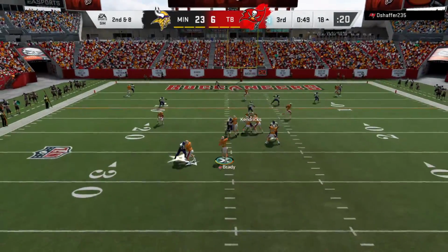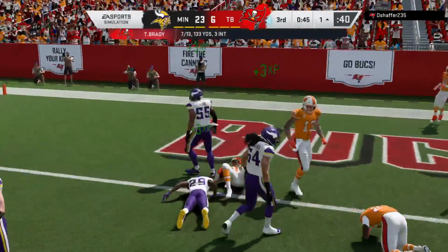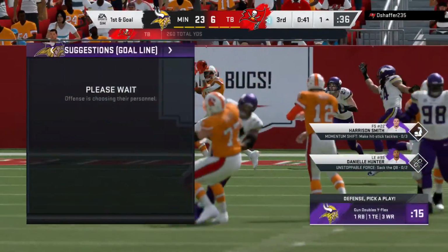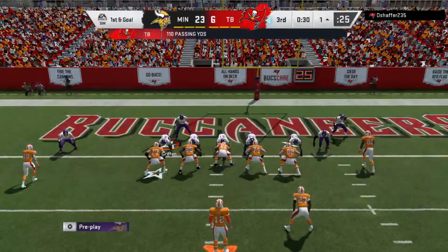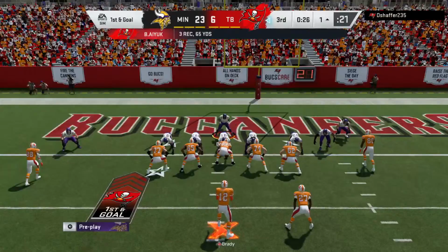Throwing on 2nd and 8. Brady. And it's caught. And he's brought down. 17 yards on the play as they try to eat into this 17-point deficit. The goal for any offense versus his own defense, find the holes where guys are available and put the ball